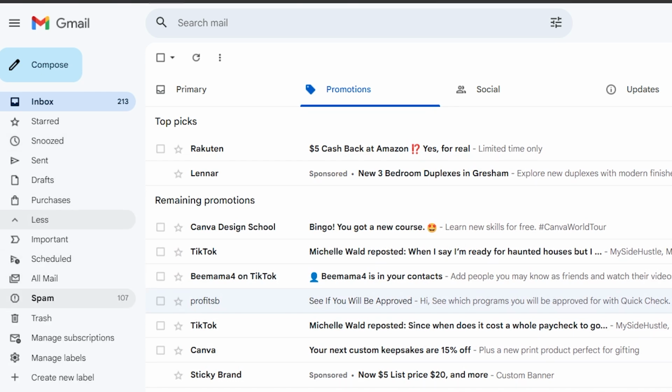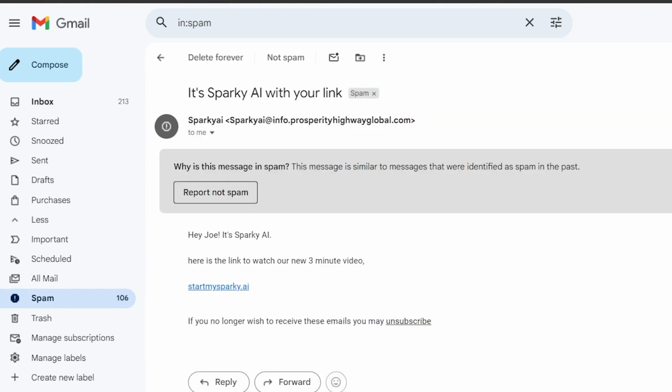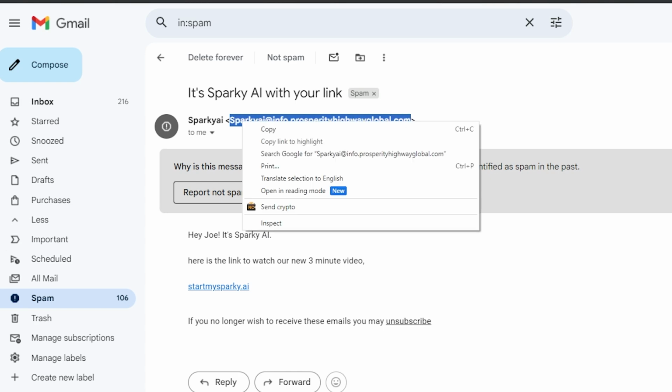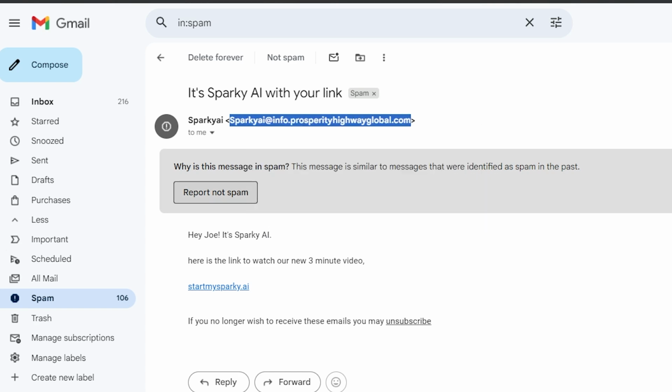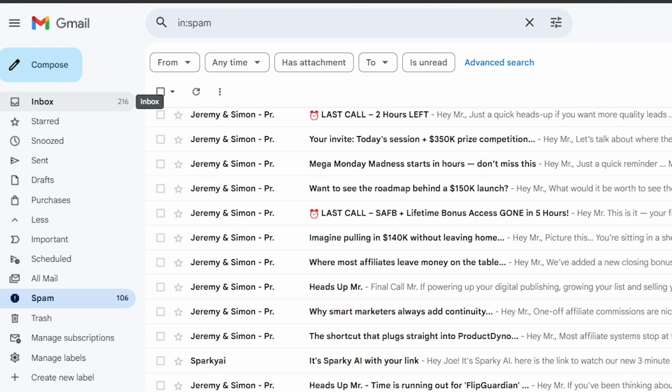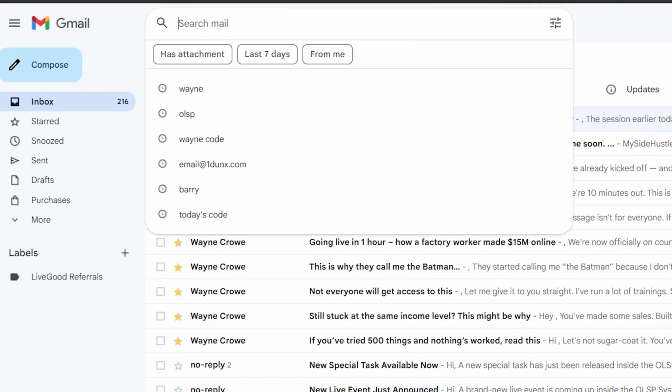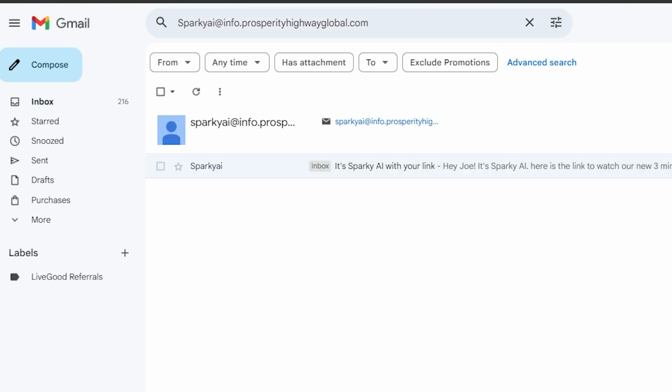So let me go find another one. There's another Sparky AI. I'm going to copy this email address and then report not spam. Now what we're going to do is go in here and search from the inbox,